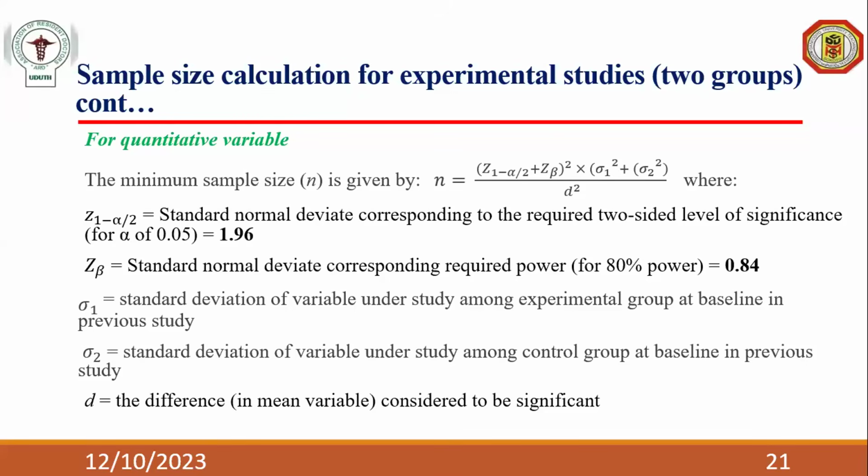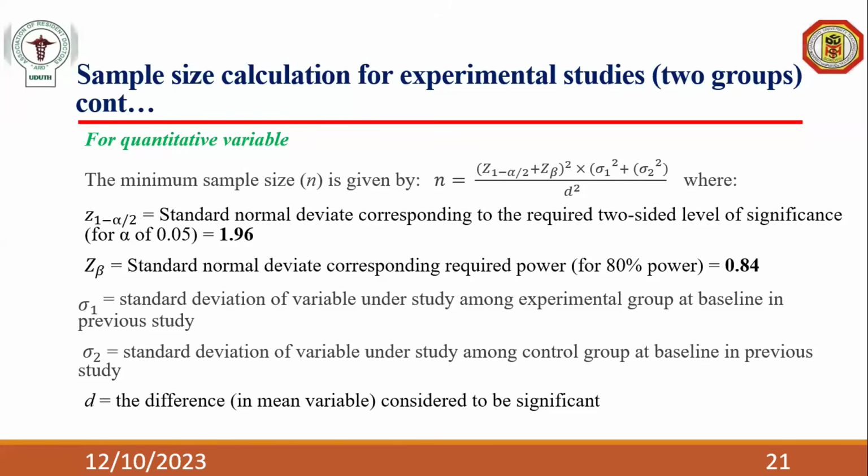Then two group qualitative variables. No, quantitative, I mean, that one is qualitative. Then this one is quantitative. So for a quantitative variable, N is equal to (Z alpha plus Z beta) square times (standard deviation 1 square plus standard deviation 2 square) all over D square, where Z alpha and Z beta, as discussed,